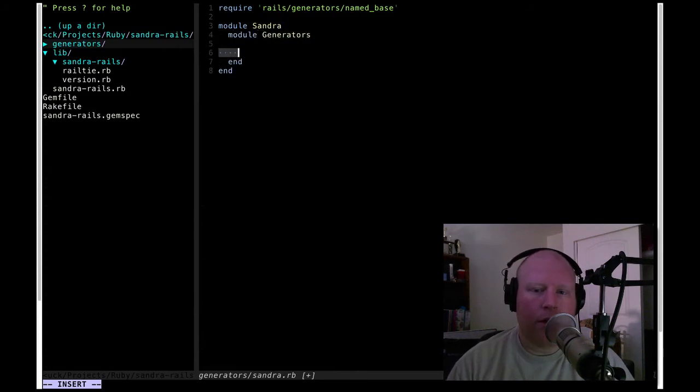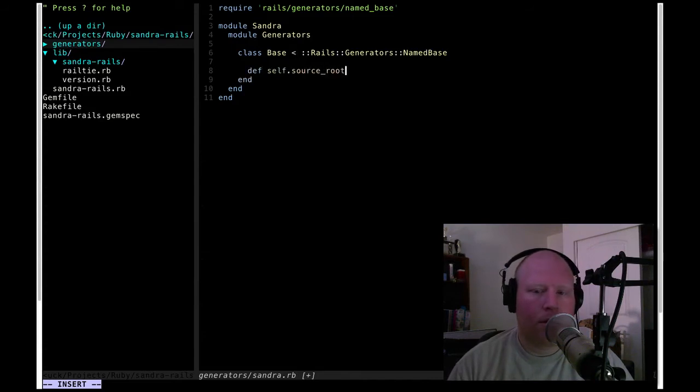we're going to go ahead and create a generators module under the Sandra gem. We're going to create a base class, and we're going to have it inherit from Rails generators named base. And all we really need in here is to tell it where to find the templates. So we'll just go ahead and create Sandra source root,